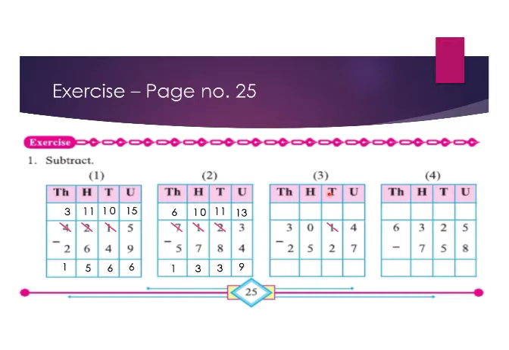It will become 0. Now I'll pass on this 10 to this unit. So 10 plus 4, 14. Now 14 minus 7, is it possible to subtract? Yes, it is possible. The answer is 7 itself. Now I cannot subtract this 2 from this 0. I'll have to borrow from this 0.